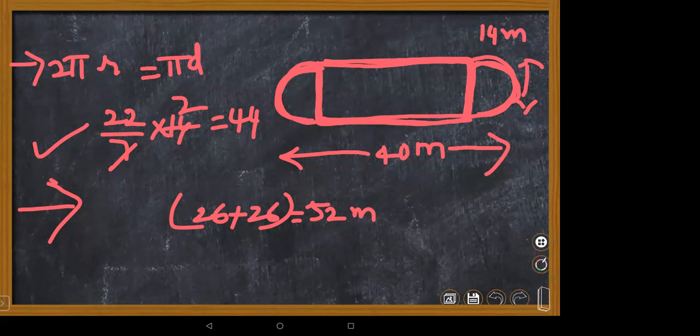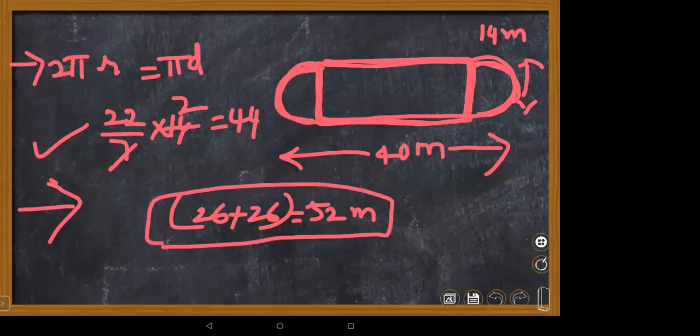Ma'am, they are correct, because Jashmita is right. That is the entire part's length, and from the top of the circle to the middle, it is the radius. Here we have two circles, so that will become the diameter. 40 meters minus the diameter, which is 26, and 26 twice is 52. 52 plus 44, ma'am, they are correct. 96. Why are we taking 96? Who here took 40 minus 14? Because that 40 meter is the part including the circles. That's why. Yes, right.